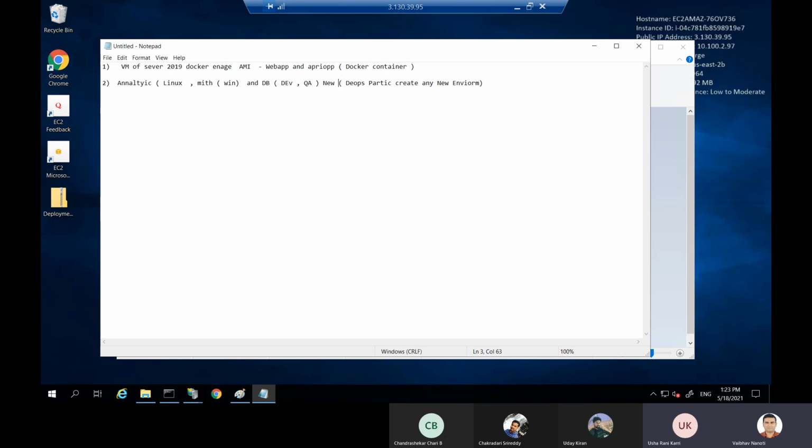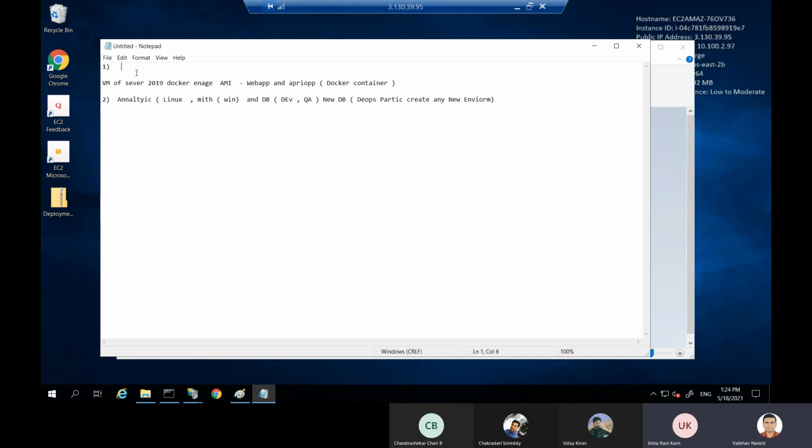That depends upon the DBA or the developers. Otherwise, create new database servers also, and copy the database from any dev or QA server, whichever we are going to use for this testing. For example, for the entire testing we are going to use QA, so copy the QA data to the new database and create the new database from the QA itself.